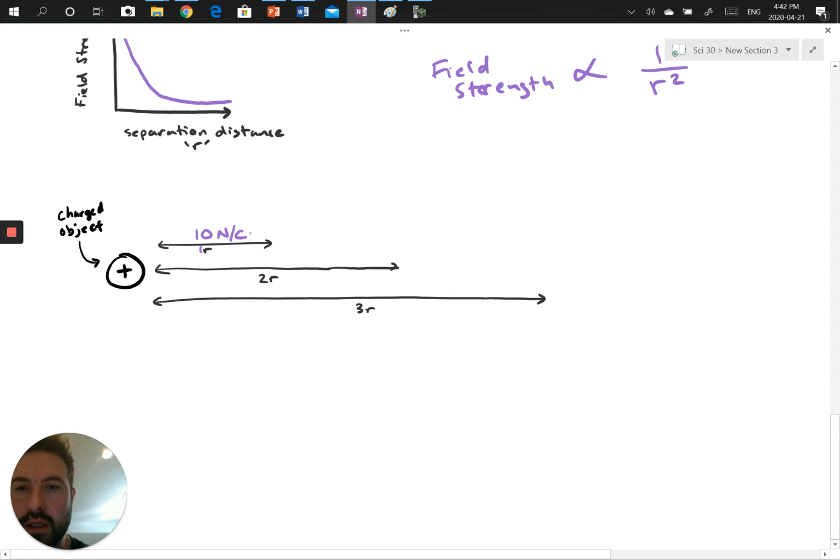And at 2r, what we're going to do with that 10 newtons per coulomb is multiply it by 1 over r squared. And r is now 2, right? So now we're looking at 2r. So it's basically going to be times 1 over 2 squared, or 1 over 4. So 10 times 1 over 4 is reduced